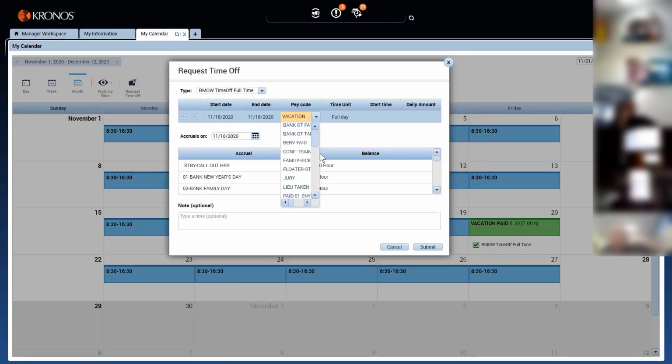The pay code that you're selecting for the time unit. You have the option for full day, first half day, second half day, or the hours. If you select hours, you need to define the start time and how many hours you're taking. So you have all the options, partial day off and full time off from the same request. You can also check your accruals as of this date